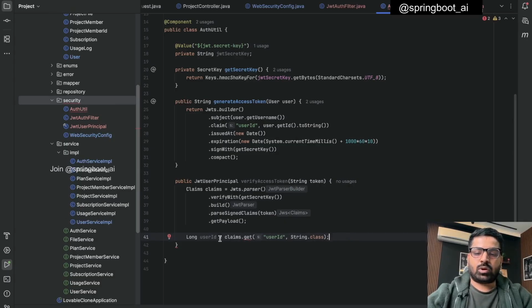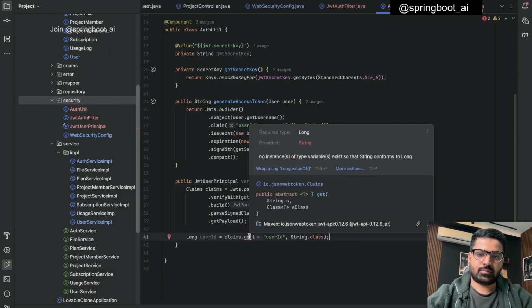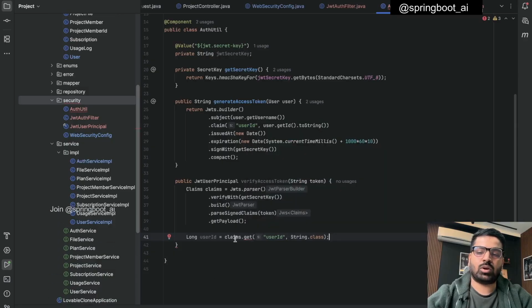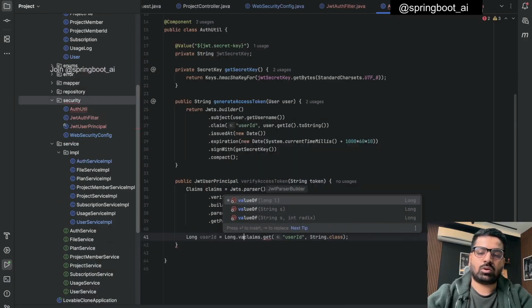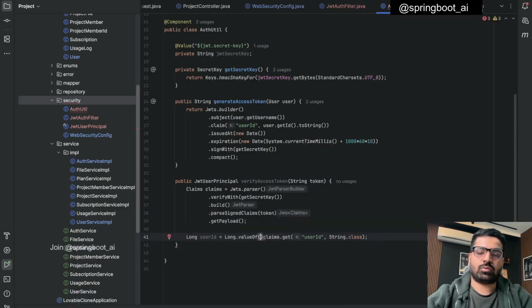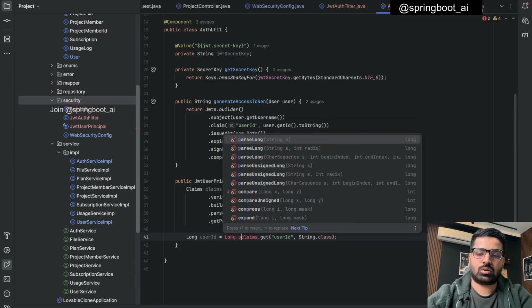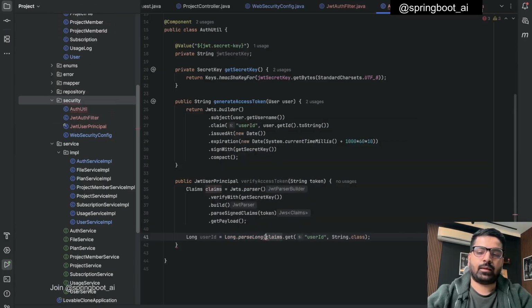But then we want to convert this, right? Yeah, we want to convert this back to a long, so I'll do long dot value of, I think there is a parse long here, long dot parse long. Yes, this will just parse this into a long,